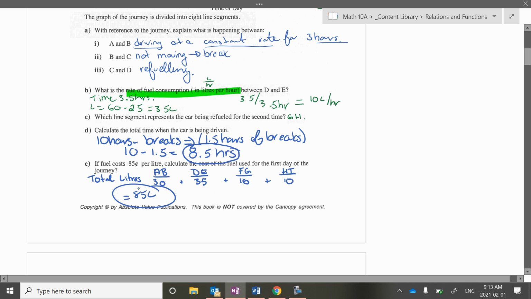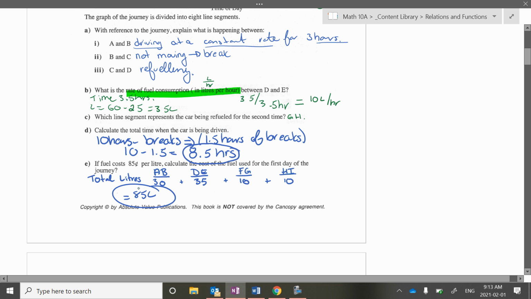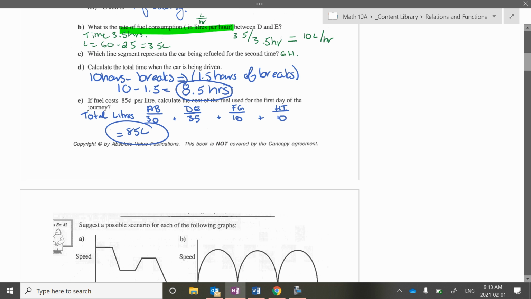What do I do with that number? Go ahead, Khalil. But they still had some to start off in their tank, so you have to include that original chunk. Yeah. So 85 total liters. So their cost then in total is your 85 liters, let me write that nicer, sorry. 85 liters times